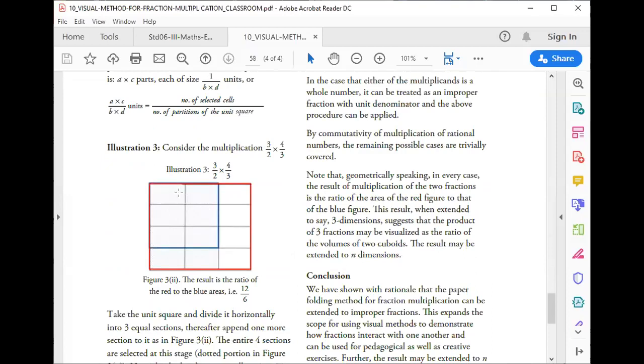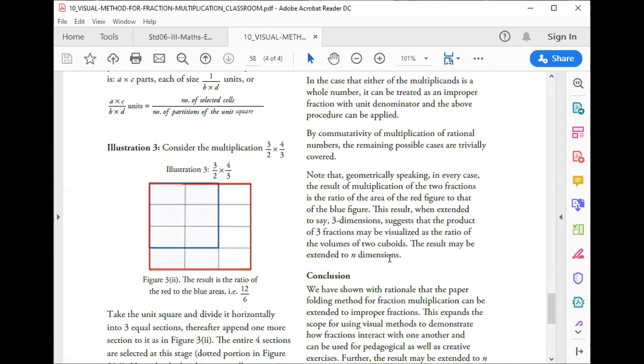And this is the third example where it's an improper times improper. Here you can clearly notice that the whole, which is the blue box, is smaller than the product, which is the red box. So very clearly, when you multiply an improper by an improper, you end up getting an improper, right? So all three need to be there.